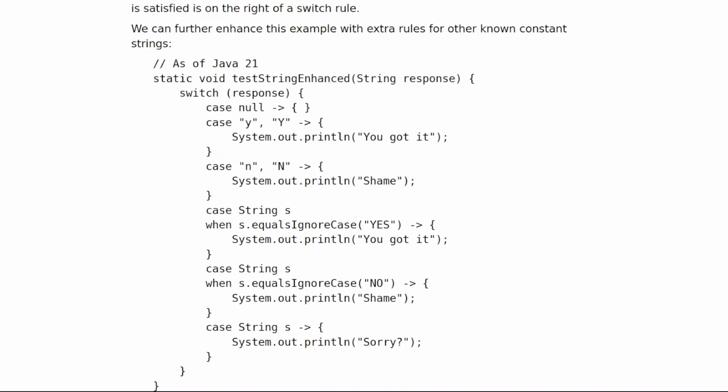// as of Java 21. static void testStringEnhanced(String response) { switch (response) { case null -> { } case "y", "Y" -> System.out.println("You got it"); case "n", "N" -> System.out.println("Shame"); case String s when s.equalsIgnoreCase("YES") -> System.out.println("You got it"); case String s when s.equalsIgnoreCase("NO") -> System.out.println("Shame"); case String s -> System.out.println("Sorry"); } }